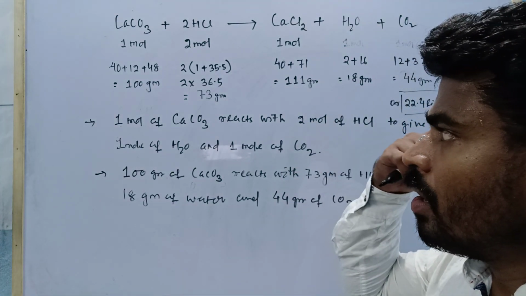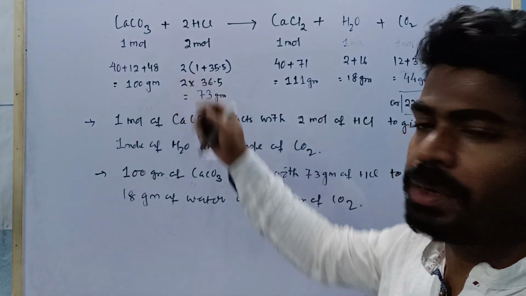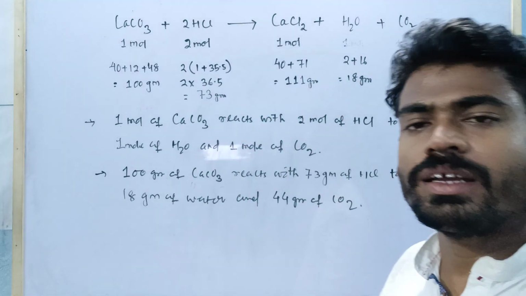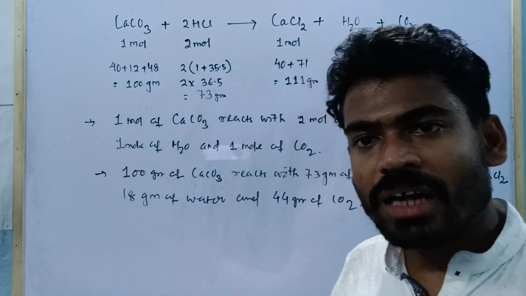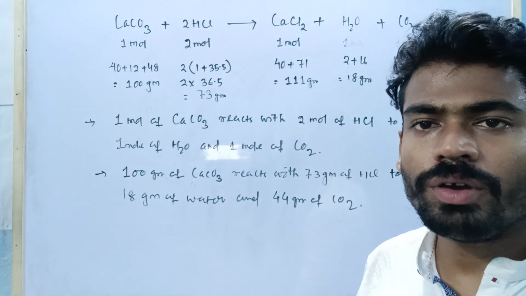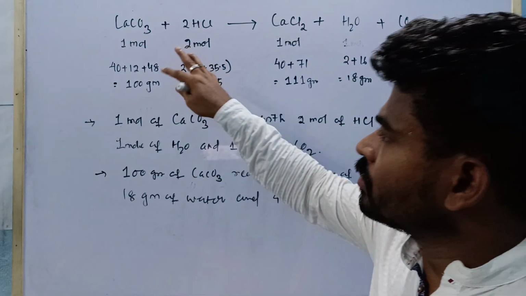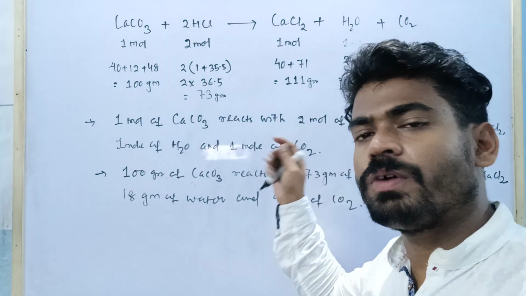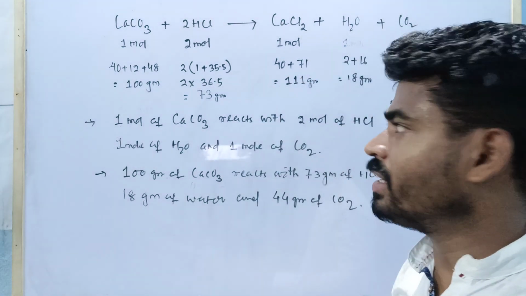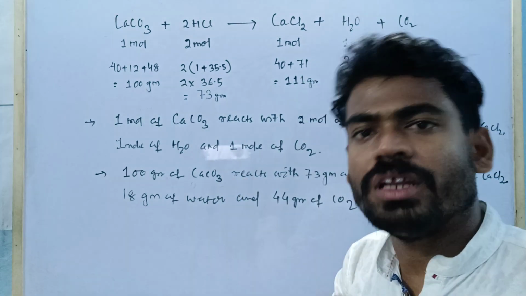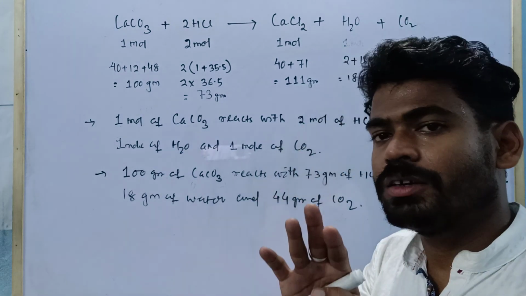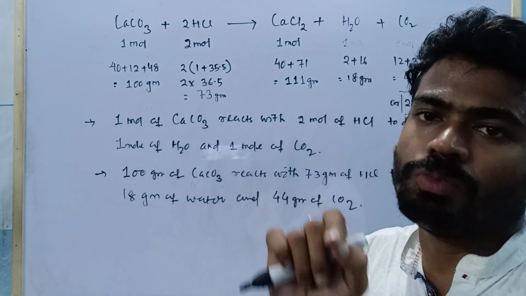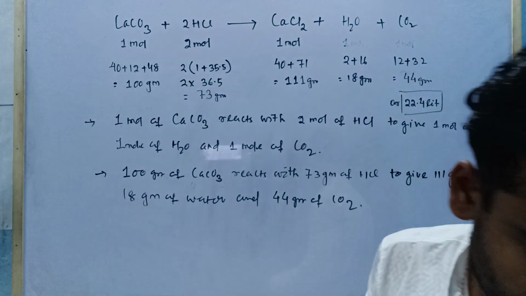Suppose the mass of any species is given to you and it is asked to calculate the volume of any other species, then that can be considered as your mass volume relationship. Okay, if the volume of any species, whether it may be reactant or a product, is given to you and you have to calculate the volume of any other reactant or product, then that is regarded as your volume relationship. So the relationships are of 3 types: mass relationship, mass volume relationship and volume relationship. Is that clear? Okay.